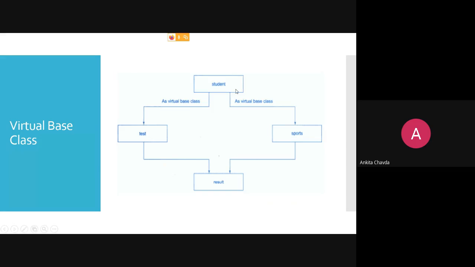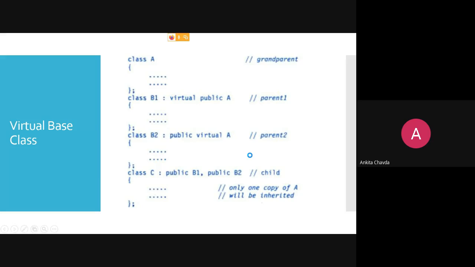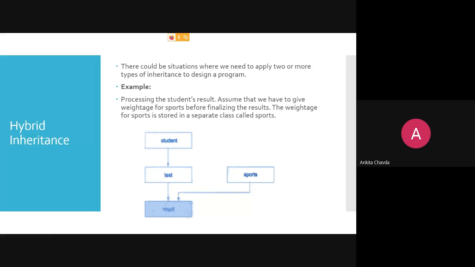Right? So we have considered the same example as the previous one. That is, I have one student class, this is my test class, this is the result class, and that is the sports class. This figure and the earlier figure have a minor difference, if you can understand. Here there is no connection between student and sports directly, right? The sports is some outsider class which you are considering in your result.